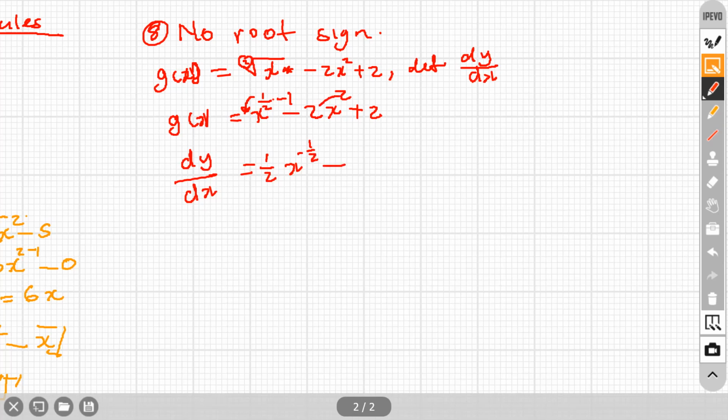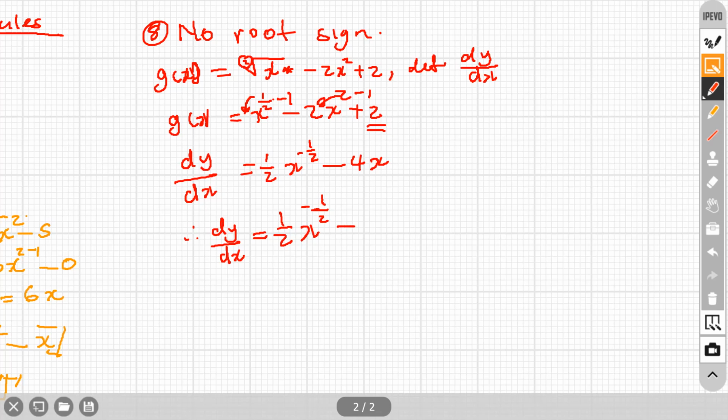Then this 2 will multiply the coefficient of x, which is 2. We're going to get 4. Then minus 1. Then we're going to get x to the power of 1. Then a constant becomes 0. So therefore dy over dx is equals to 1 over 2x to the power of negative 1 over